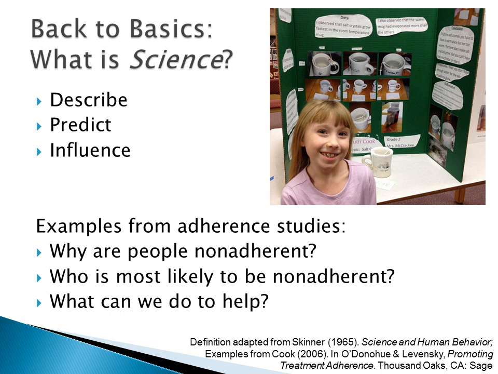Now, none of these necessarily imply a methodology. I was thinking of them as research at the time I was doing them, but this question about who's likely to be non-adherent so you can target an intervention, that could be a needs assessment question. This question about what can we do to help, that could be approached in a quality improvement framework. So just by saying that something is a scientific question, we probably assume that it's related to these three goals of describe, predict, and influence, but it doesn't yet specify a particular approach to science.